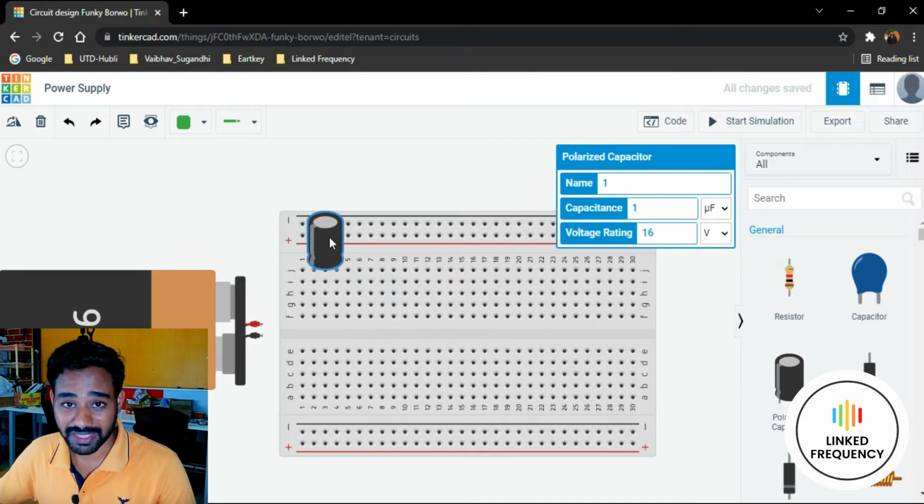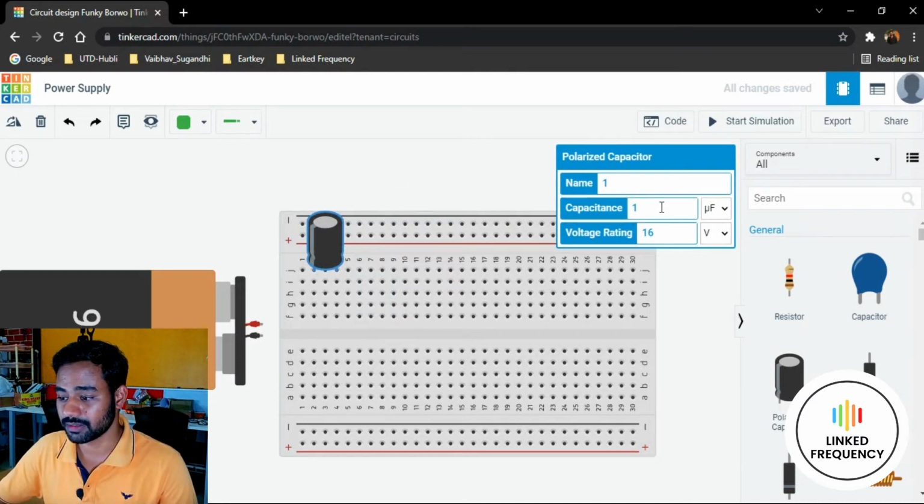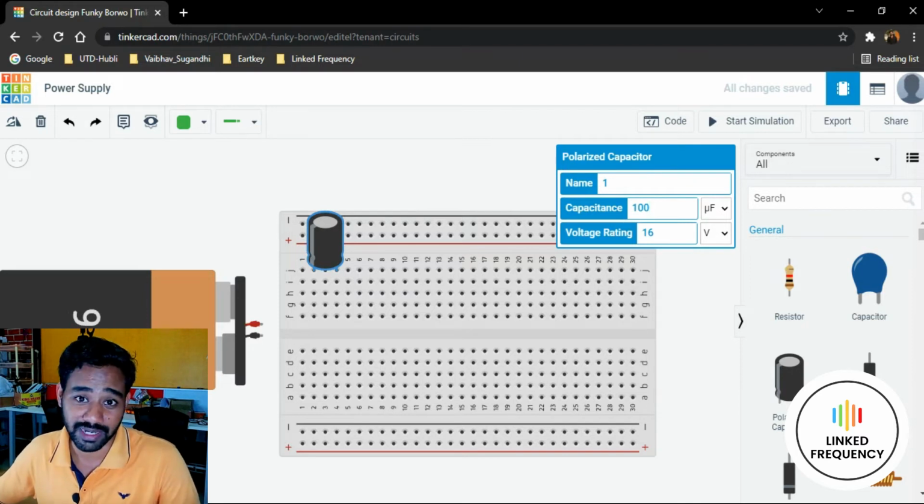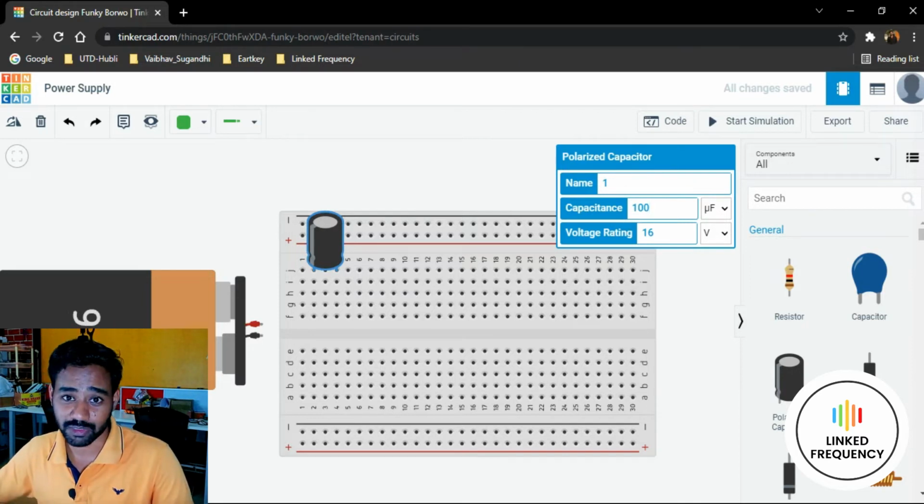Once we place a capacitor, we will be directed to input the value of the capacitor, which is 100 microfarad at this point of time. Just general, and for voltage rating I would like to go with 16 volt. That's enough, because we have an input voltage of 9 volt at max. Double of 9 volt is 18 volt, but 16 volt is sufficient at this point of time, since it is a demo project, right?